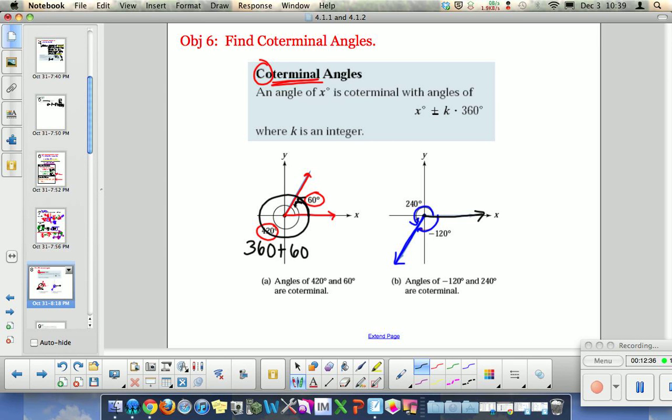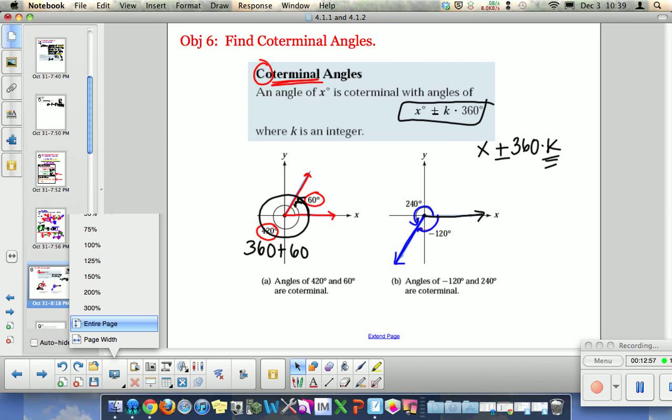So the major rule is that you can take any angle and add multiples of 360. That's what they mean by this k right here. You could add a full circle, a half, you could add any full amounts of circles, or you could actually subtract full circles. That's why they write plus or minus 360k. So looking at a couple of examples and how we'll use this,